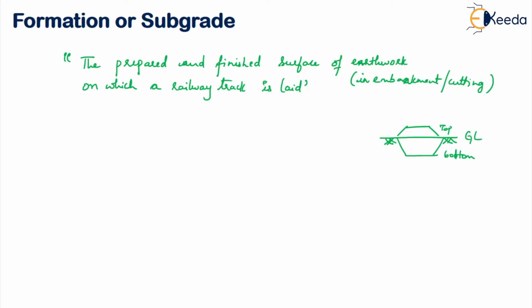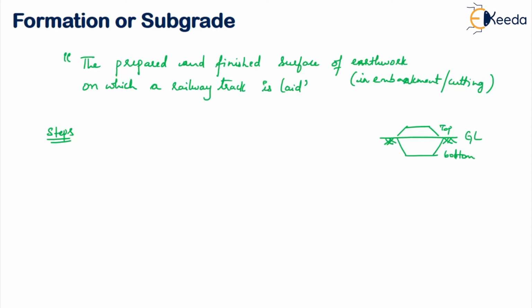Therefore, what will happen before laying of the track? You have to first make the formation prepared. So what will happen for the preparation of formation? The different surveys are to be conducted between your destination points and the route in which your railway track is supposed to be put. Then your formation you have to prepare. So the steps involved: first of all, you have to do a survey along the railway track, so that you get the formation level and know where to put the embankment, where to put the cutting, where to leave it at the ground level. That you have to know, right?